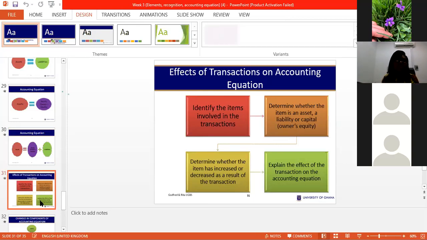Now we all know the accounting equation. Basic, assets is equal to equity plus liabilities. And I guess we can all explain what that equation is. Okay, now let us look at how transactions affect the accounting equation. Of course, we are in level 200, and so we are going to start the recording process, but we can also go around it.